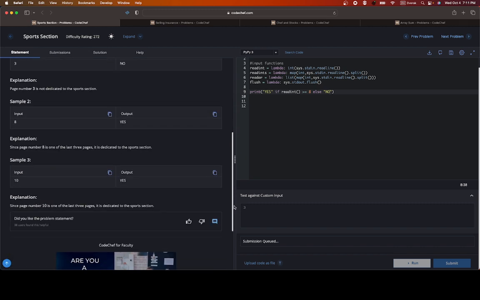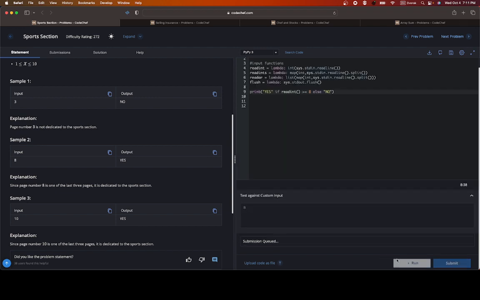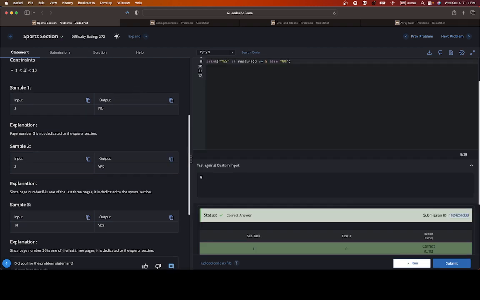Just run here, make sure we have no bugs. Successfully executed. We can also try on 8 as well. And submit. Alright, that looks pretty good. And we can go to the next problem,